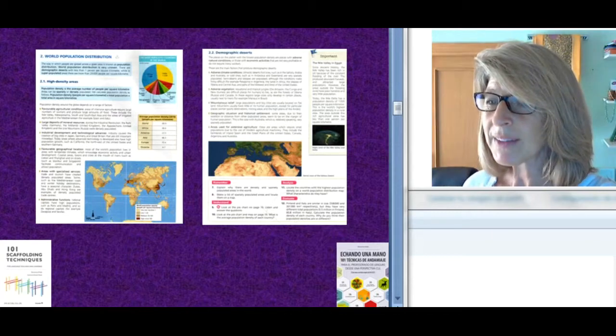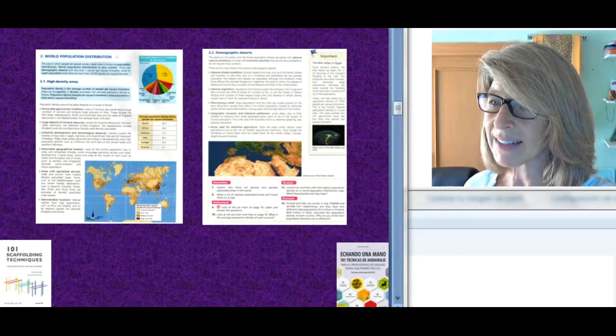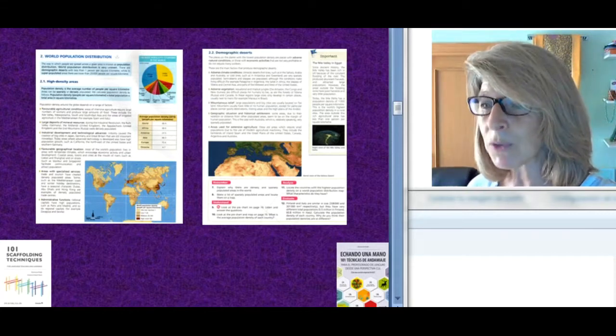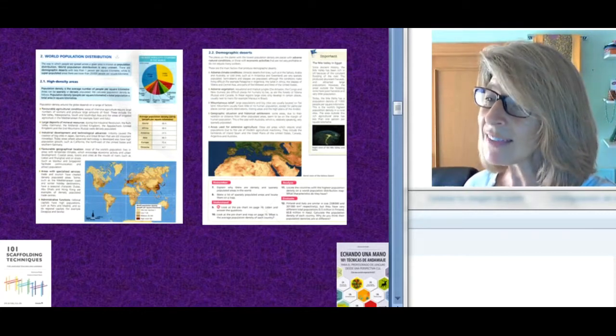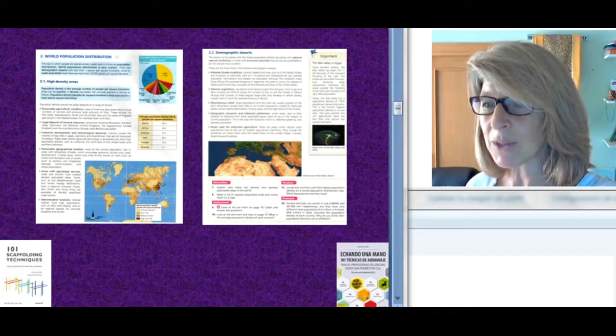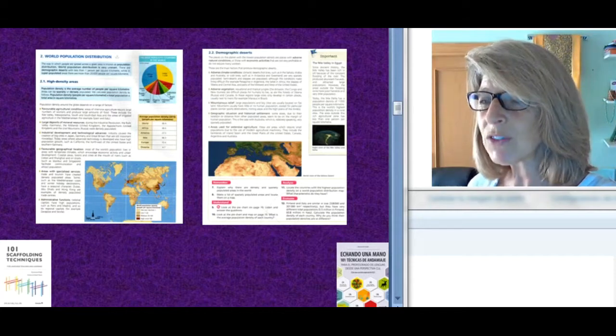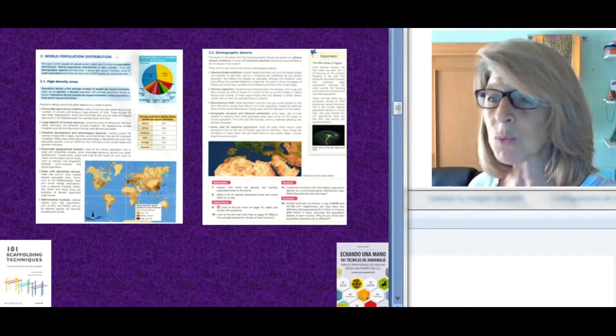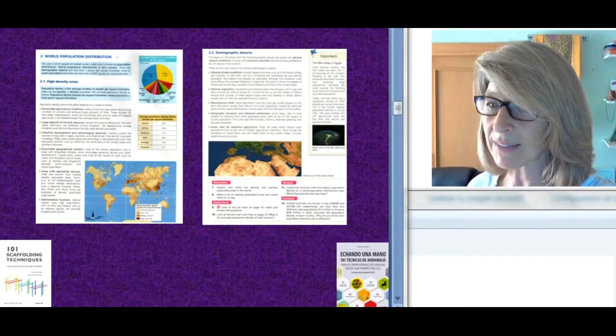I usually work with text and images in my scaffolding techniques because I love images, but also because studies show that this doubles the learning impact. This technique, however, works better without images. In this case, we want the students to focus on the text and put the puzzle back together again by reading instead of using the images.